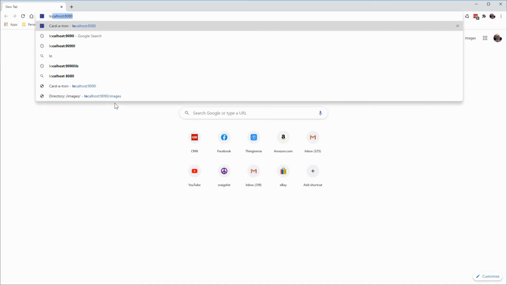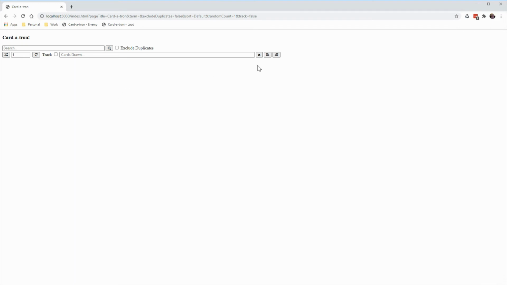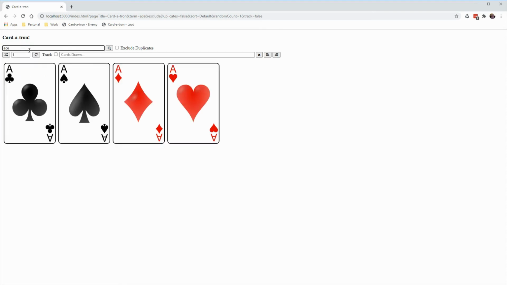So the only thing left to do should be to bring up a web browser and go to localhost 8080, and I'm going to clear my cache. So by default, the metadata that defines how the system behaves only has a single sort, and the sort dropdown is turned off, so that's why it looks a little different. The default cards that I loaded are the playing cards, so you're basically your 52 card deck. So if I come up here to search and I do, let's look for aces, right? There are the aces,